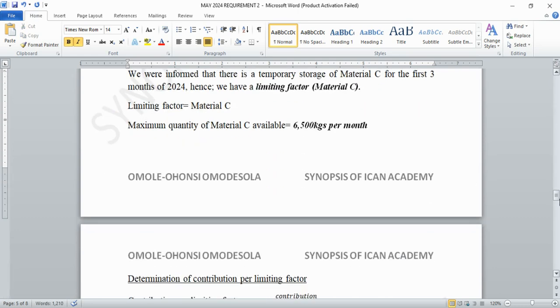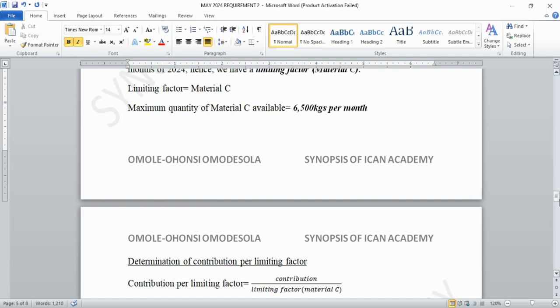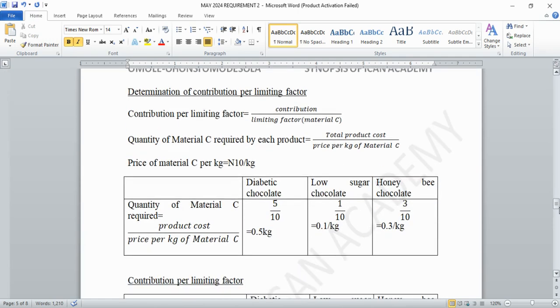So now, how do we allocate this? Since it's a limiting factor, let me explain how a limiting factor works. Although it's a performance management topic and we should not go deep, let me just explain how it works. Look at it from this example now. I'm going to use my example again. I have 3 books, right? Let's say, for instance, I need 2 reams of paper to print the required number of books I need to sell per month.